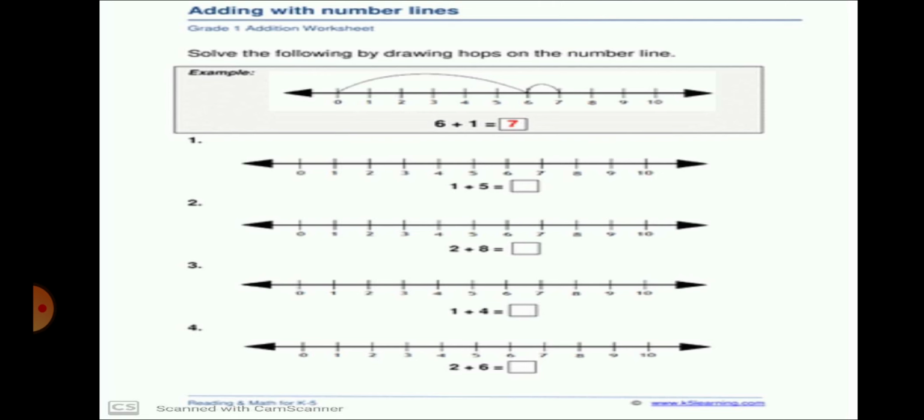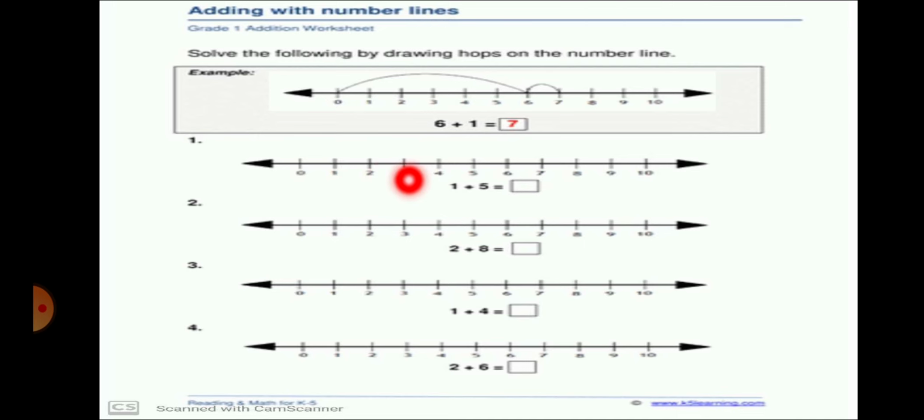Let me explain. Look at the picture. This is called a number line or number strip. There we have the numbers 0 to 10. Look, my dear students, this is our first step, so we are going to learn with the help of the number line till 10 only. But we can try it with more and more numbers, infinite numbers, 20, 30, 40. But right now we will practice with these numbers 0 to 10 only.